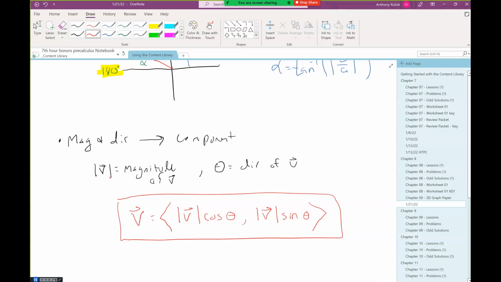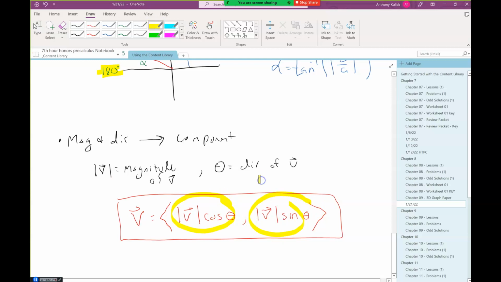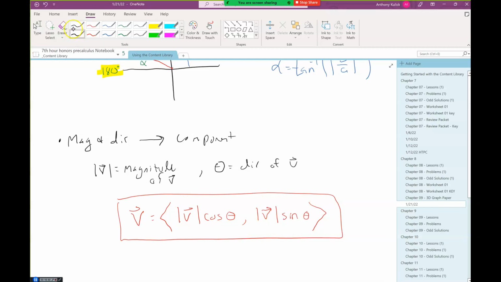First semester when we did the navigation problems, we resolved our vectors into horizontal and vertical pieces and then added and subtracted those horizontal and vertical pieces. The way we resolved them into horizontal and vertical pieces was exactly this, right? So again, just borrowing something we've done from first semester to use in a different context. That's pretty cool. I'm happy whenever we have a chance to do that. Anytime I can use a routine that I already know, I'm good with that, right? Okay,